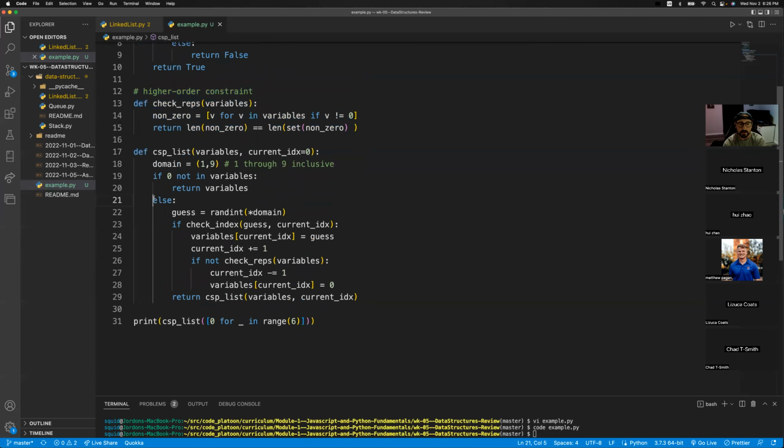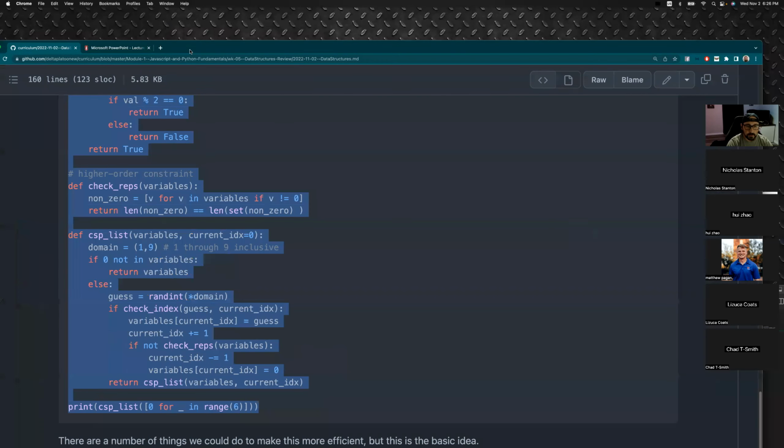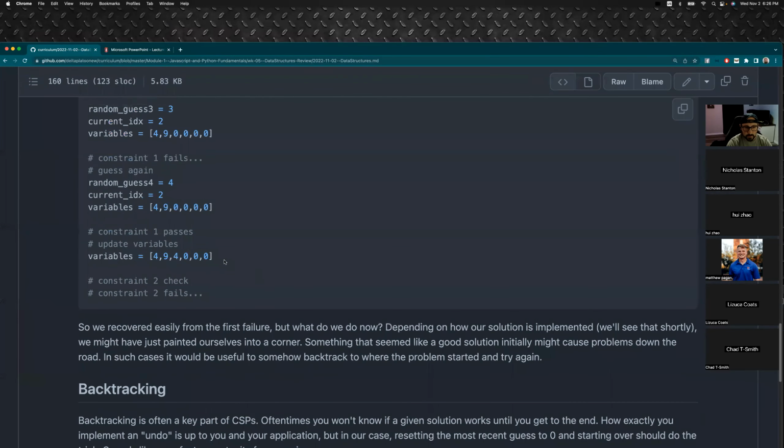This last one here is going to create the list out of whatever we plug into it. This is going to take in variables. This is going to set a current index of 0. That makes sense. We want to start at the beginning of the list. Remember, we are trying to, just as an example,